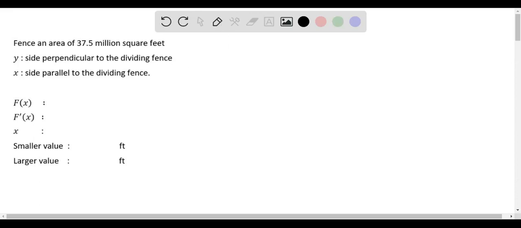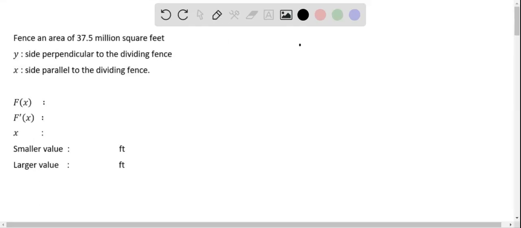Let's first draw a picture to understand this fencing problem. So we have a rectangular field like this, and the farmer wants to fence around all the sides, that is the length as well as the width. So he or she will be fencing around these sides, and the farmer also divides this rectangular field into two